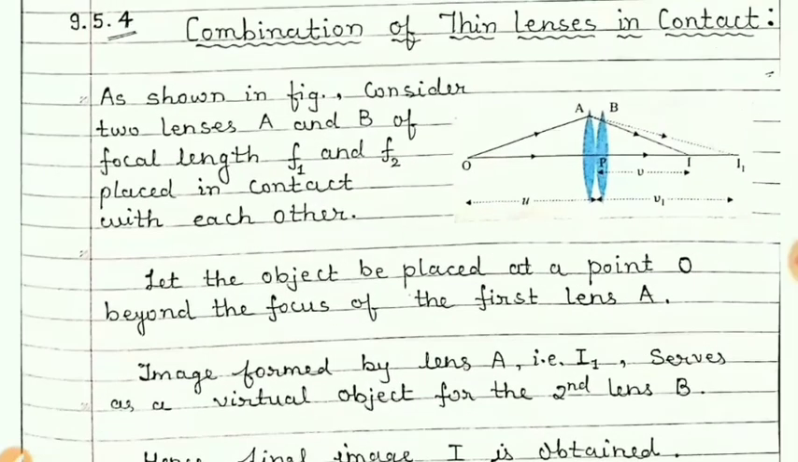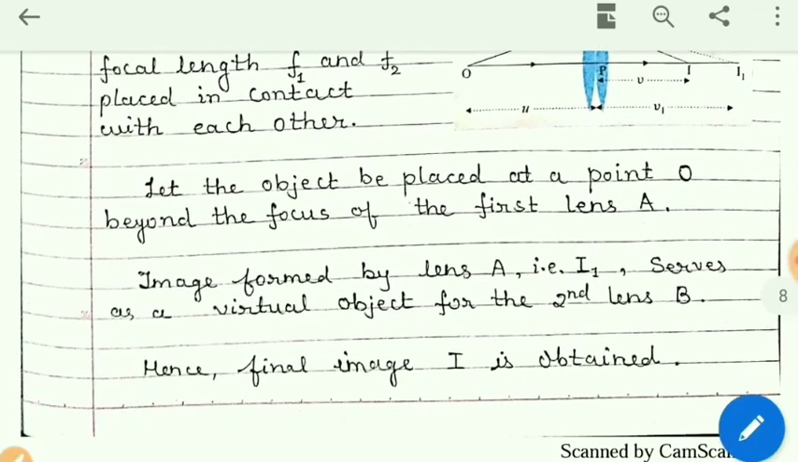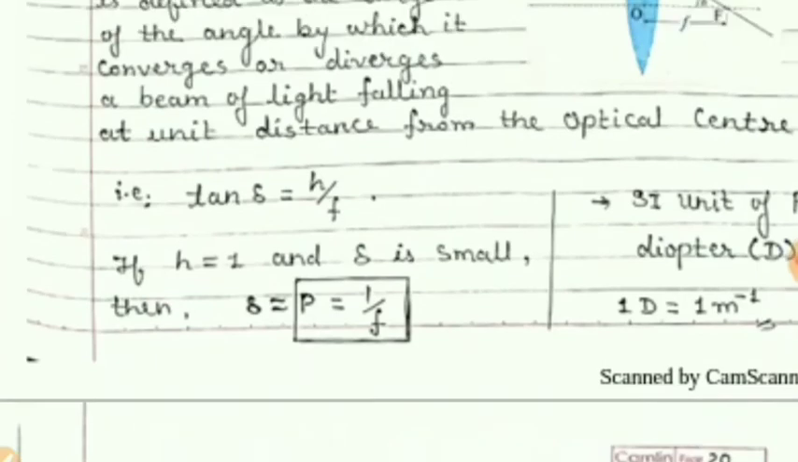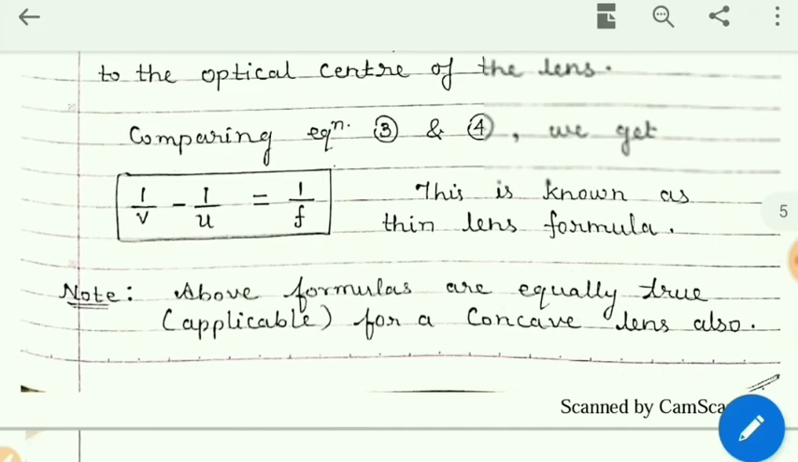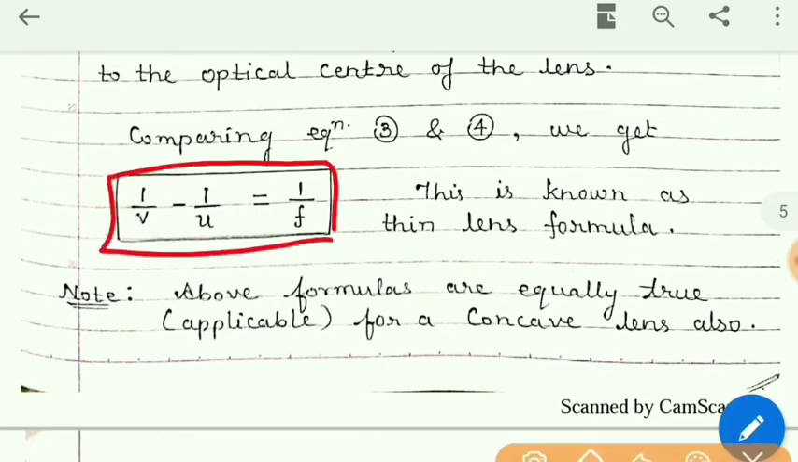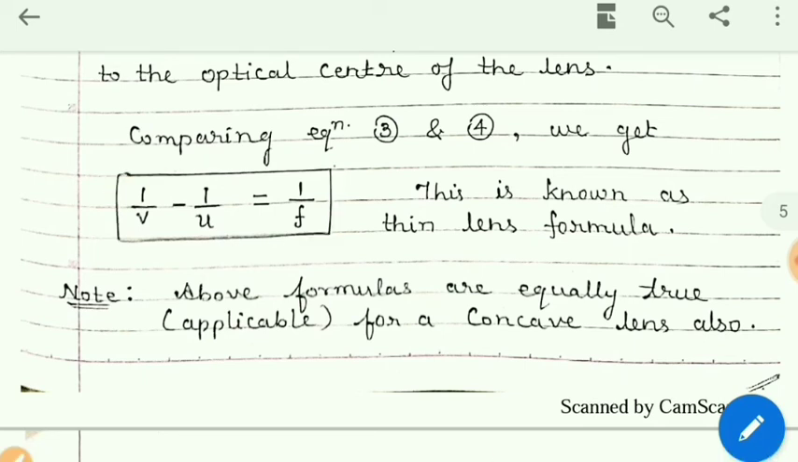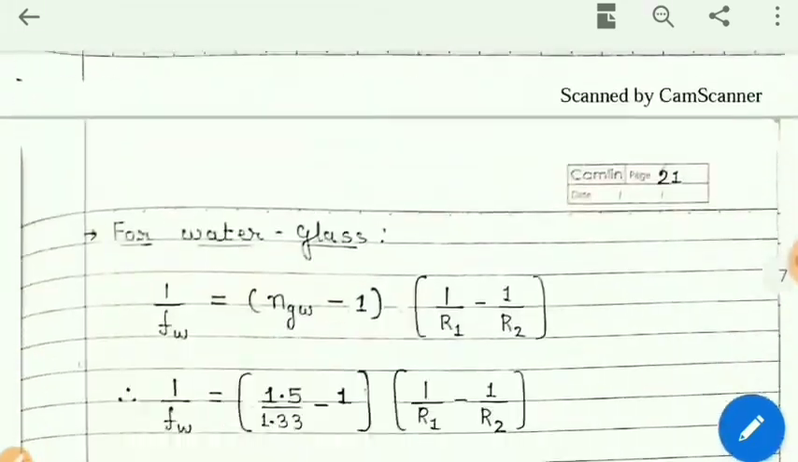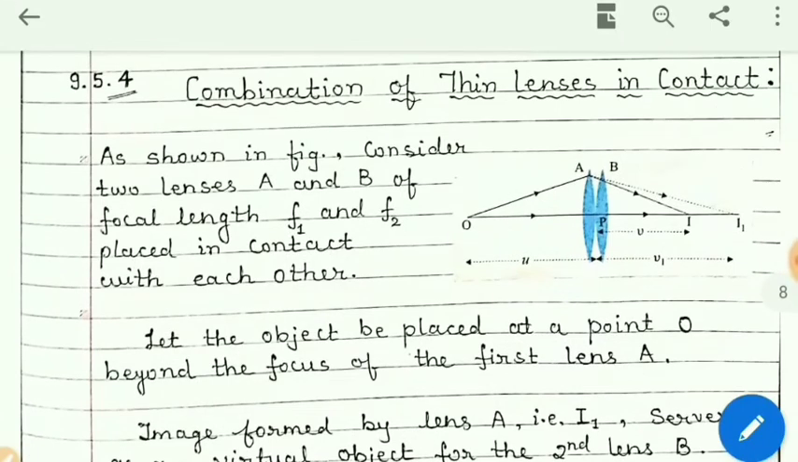So students, it is clear that for a thin lens, we have the formula which we have obtained. This is the formula for a thin lens. So here we have to apply this formula 2 times because there are two lenses combined, and it is clear that